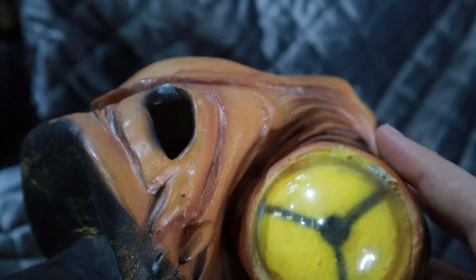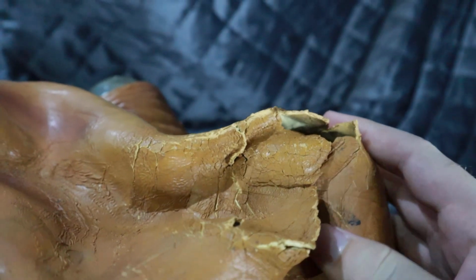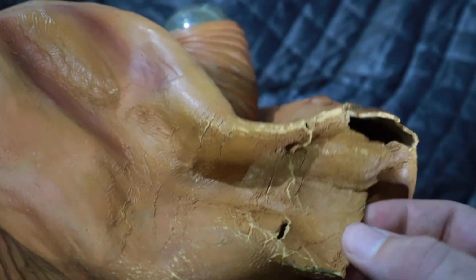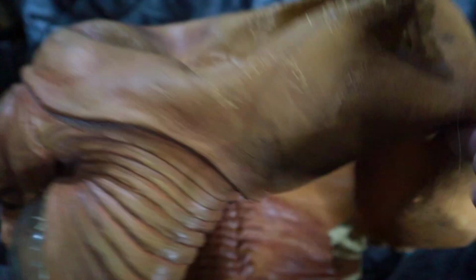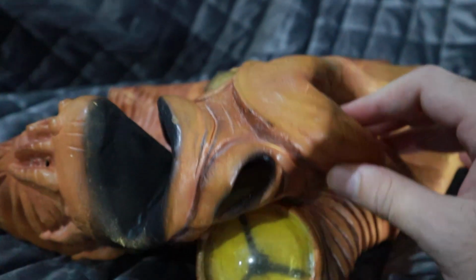But to be honest, this wouldn't be that much of an issue if it wasn't for this. I have no idea what's happening here because I'm not an expert in latex, but this part here is completely dried up. It's dried up to the point that it's even cracked. I don't know how this works. I have no idea how this even happens. That said, I don't think this would have worked for the fight scene because